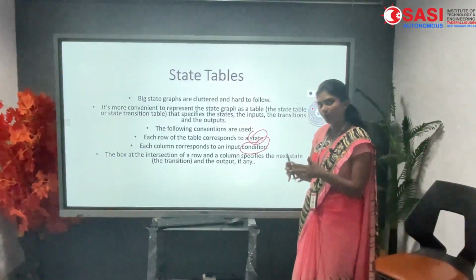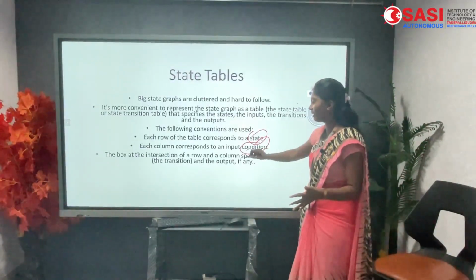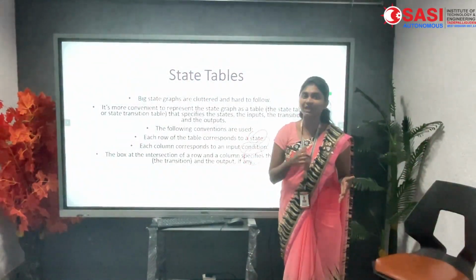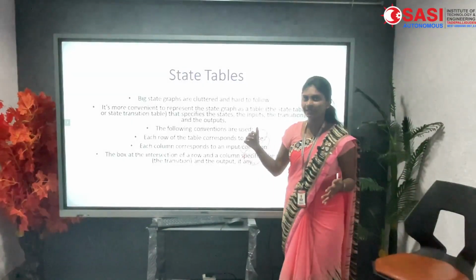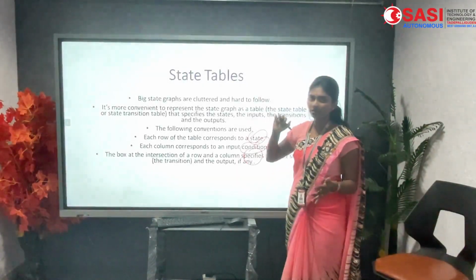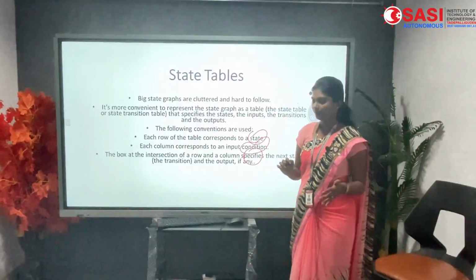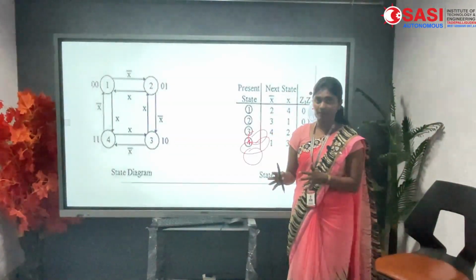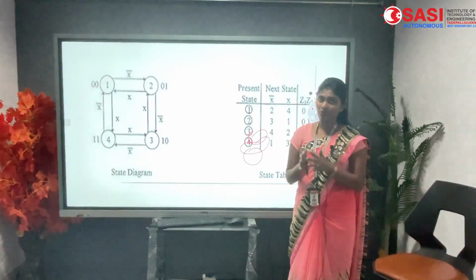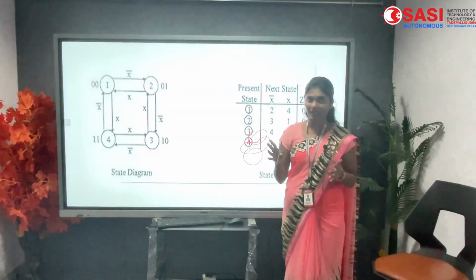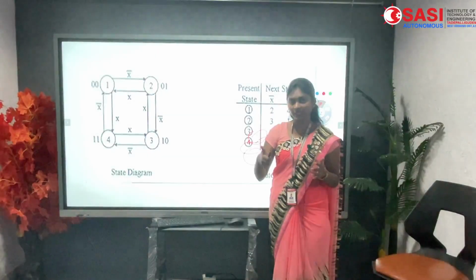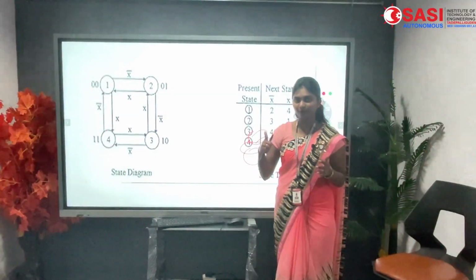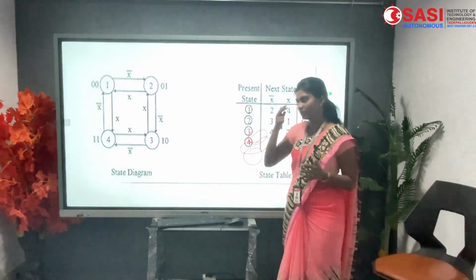The combination of the states specifies the output. If we are giving the input, we have to specify the predefined output. To know this data, we specify the state graph. A state graph is different from a state table. A state graph does not have the conventions, but a state table has the conventions to follow each row and each column. Rows are the states and columns define the particular conditions.